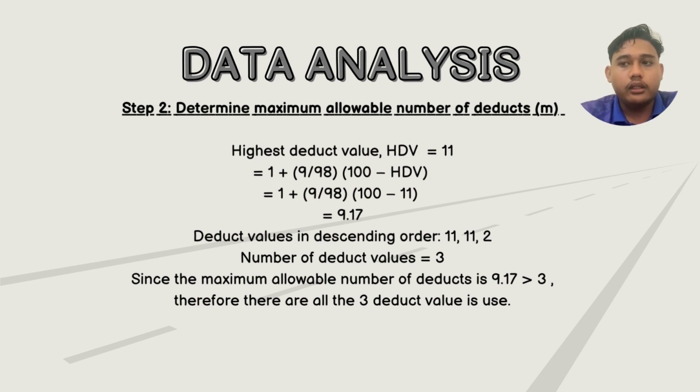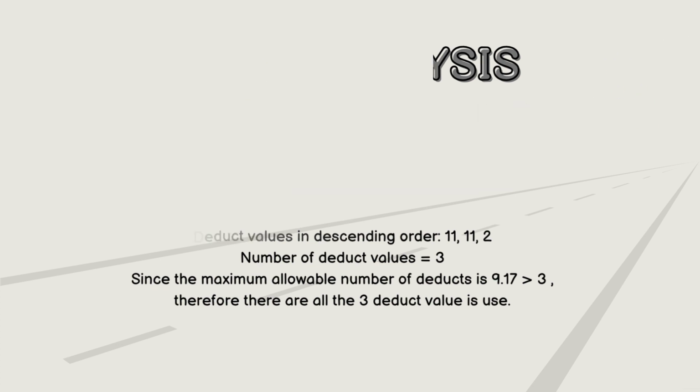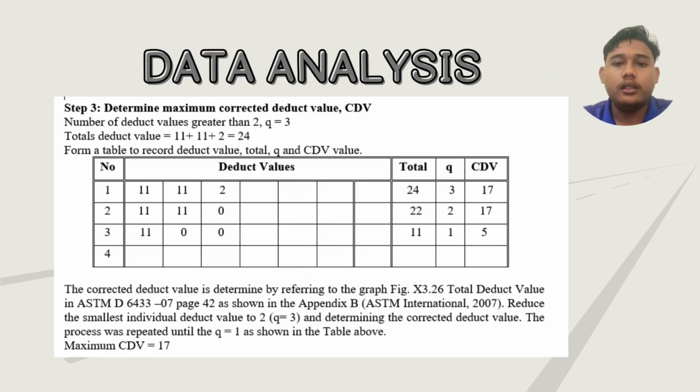and the deduct values in descending order are 11, 11, 2, and the number of deduct values is 3. Since the maximum allowable number of deduct is 9.17, more than 3, therefore all the 3 deduct values are used. Step 3 is determine maximum corrected deduct value. The number of deduct values greater than 2 is Q equal to 3 and the total deduct value is 24,